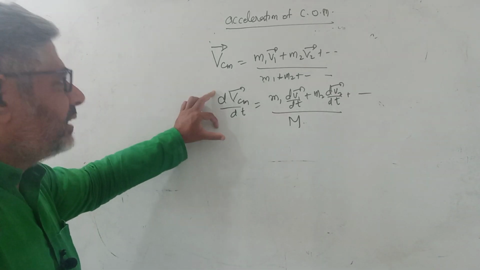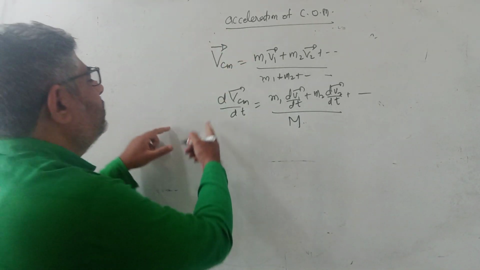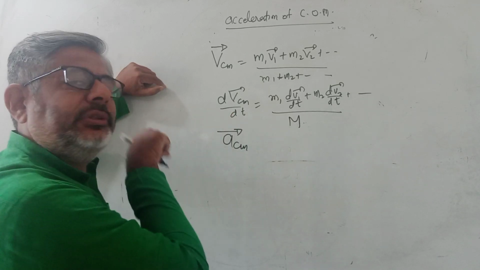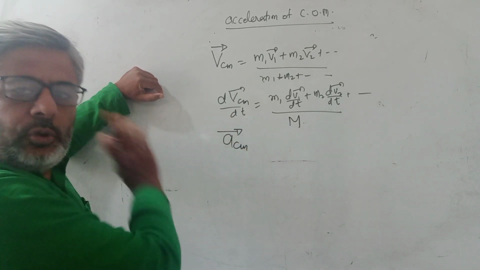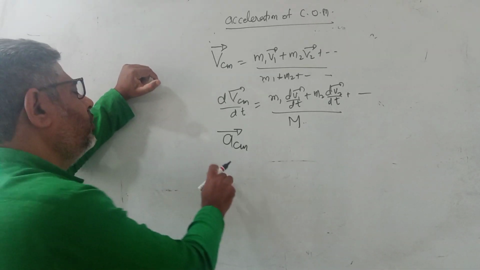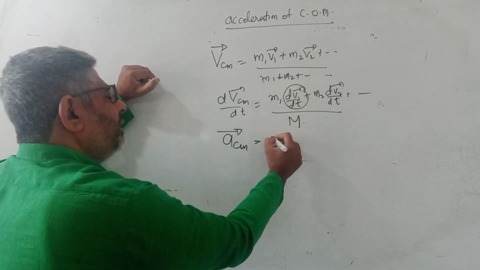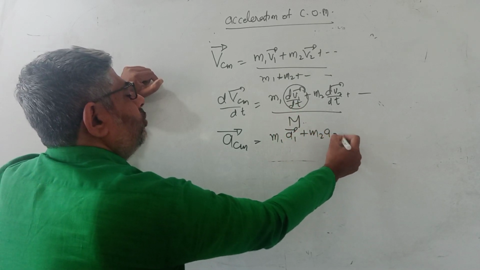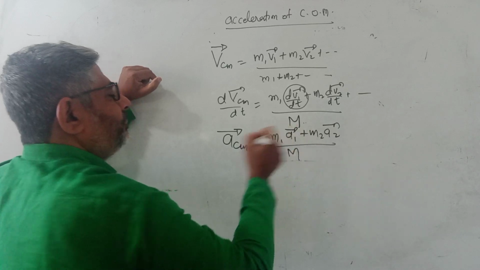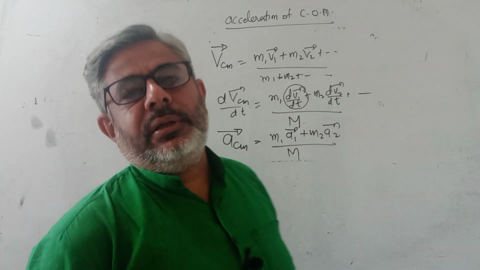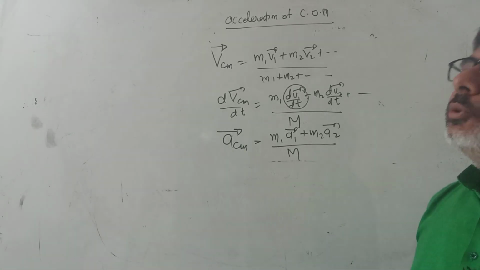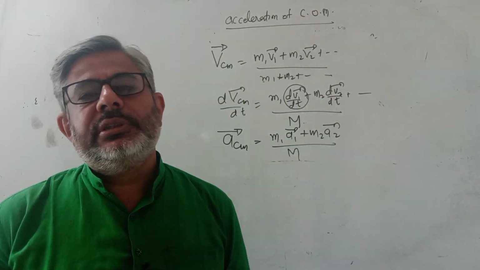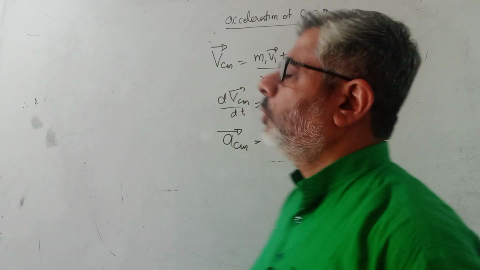Now look here, this becomes acceleration, because I have to find the acceleration of the center of mass. So this becomes ACM, and now I am writing it in vector form, which is the ideal thing. Even if you don't write it, it is okay, but it is better to write because this is also a vector quantity. Now this becomes A1 vector, the acceleration of the first particle, plus A2 vector, the acceleration of the second particle, upon M. Now just like velocity, a similar formula. So in a way, the center of mass is very easy. The same formula that you apply for position applies for velocity and acceleration also.